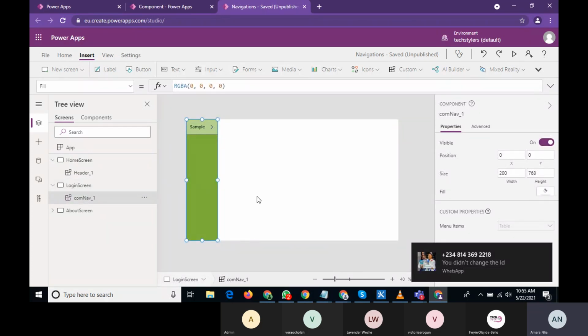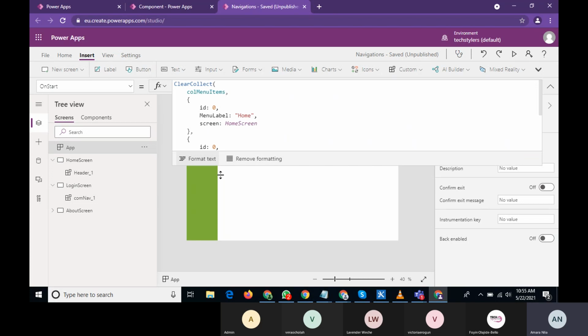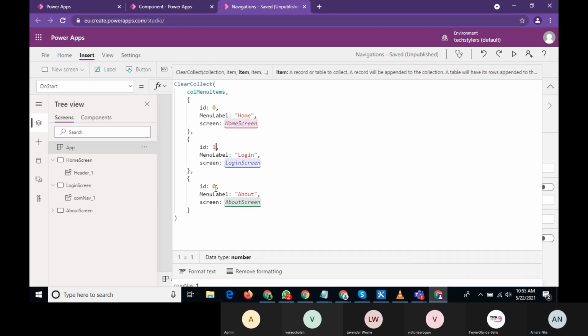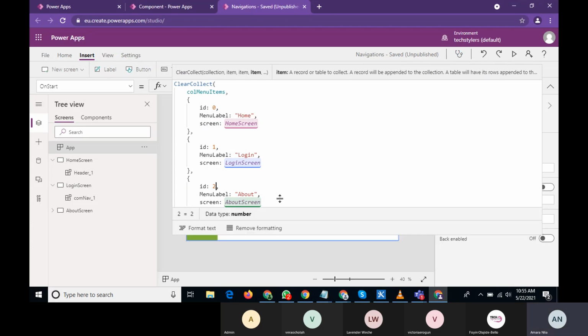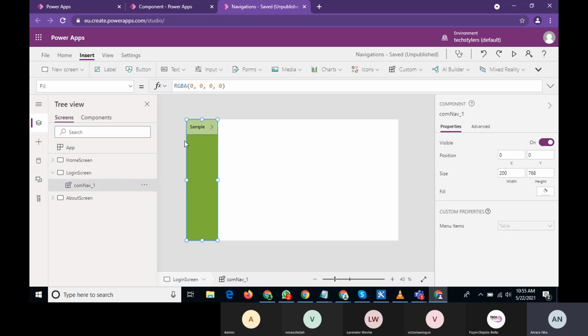I didn't change the ID, sorry. So let's come back to our app again. So you change your ID, sorry. We're using our login screen. So come nav, yeah. So under your com nav now, since we see that we've done those, we've created